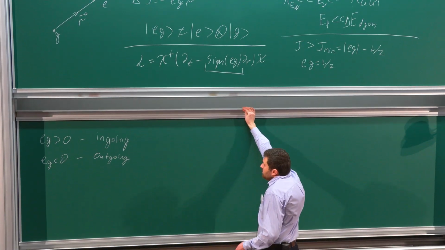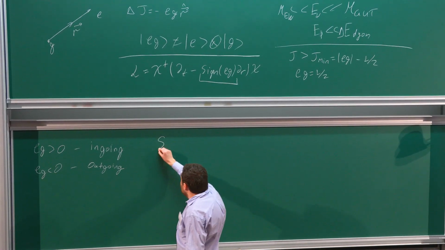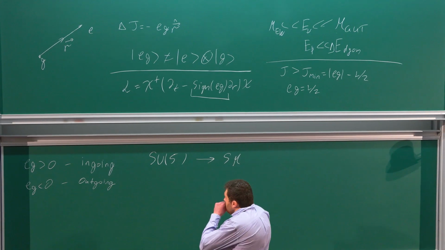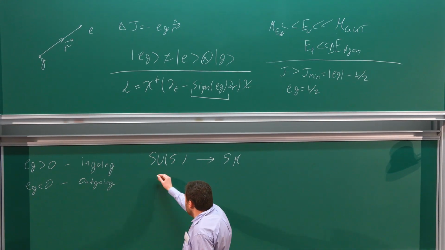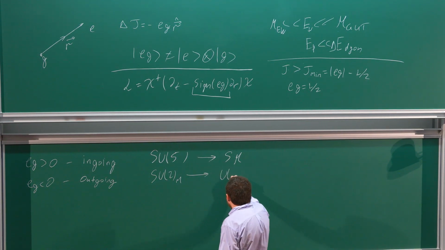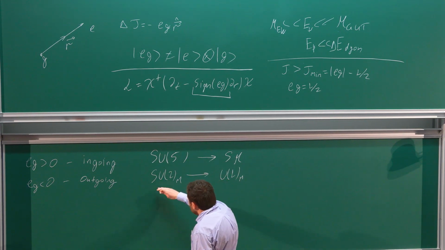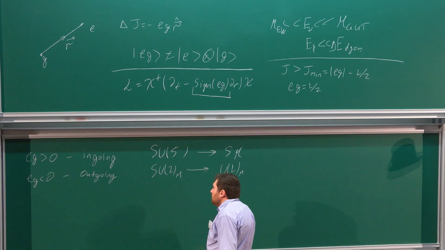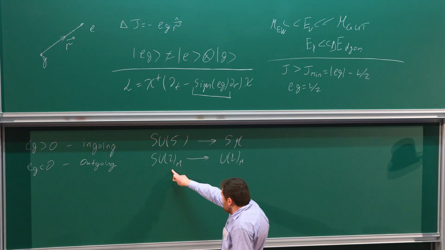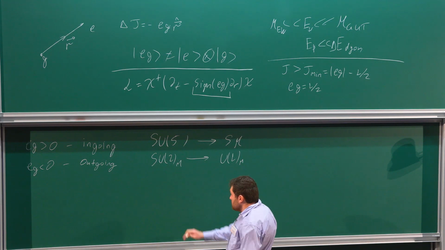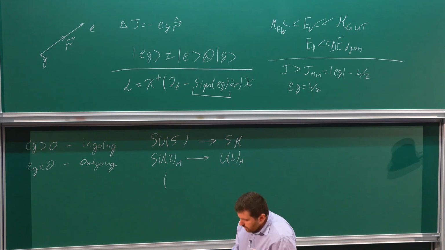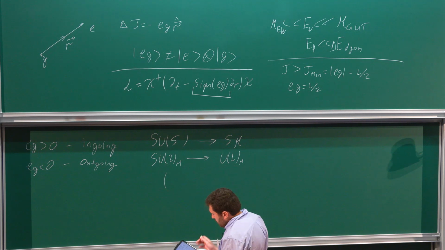I will be even more concrete. Let's consider the minimal SU(5) GUT that breaks down to the standard model. We know that this breaking embeds the breaking of some SU(2) subgroup to U(1), and under this SU(2) we have monopoles, what we usually call GUT monopoles. And I will study scattering of fermions on these GUT monopoles. We know that under SU(2), standard model fermions form the following 4 doublets.